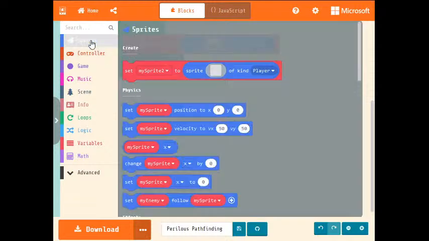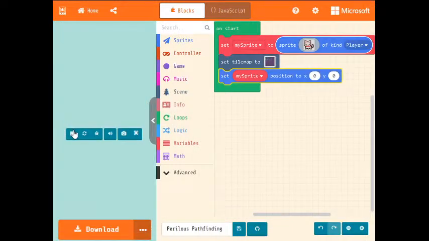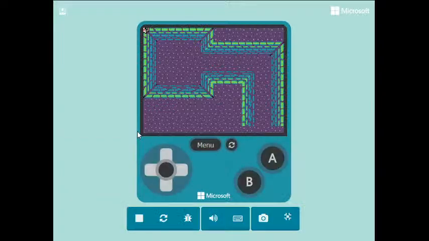So if I go to sprites, in the physics section, I've got set my sprite position to 0, 0. Let's drag that block in and see what happens. Where's my cat now? Well, if you look in the top left, you can just about see the cat. That's because that position there is 0, 0. So we need to get it into the exact middle of this room. How are we going to do that? Well,